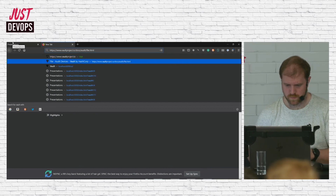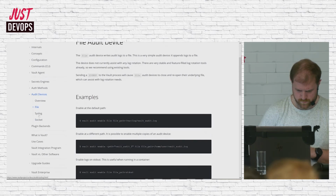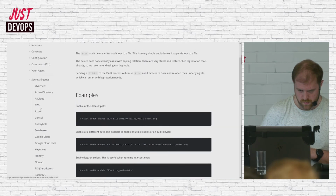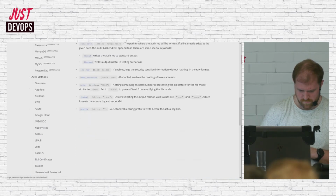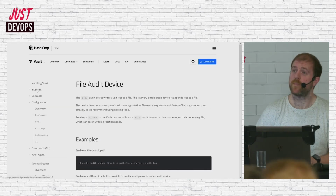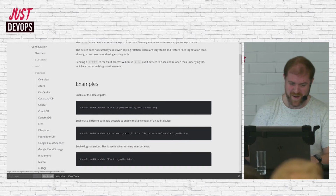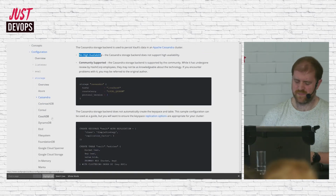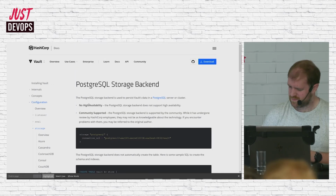Vault. Go here. The only downside is I'm never quite sure where the documentation is that I'm looking for. Let's try configuration. No. No. Button? Storage. Ah, there. Yes, I can read. Apparently not. Yeah, so you can click onto them and see, okay, so Cassandra is not high available. I mean, I can understand like MongoDB not being high availability, but okay, let's have a look at Postgres. No, that's... How is Postgres not...